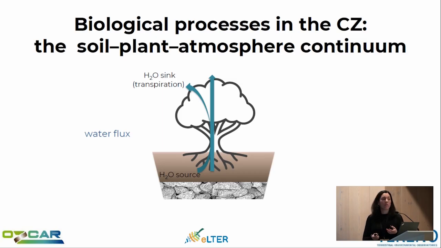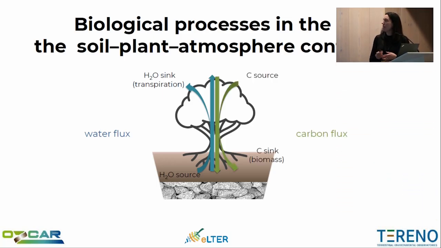And this is important for mainly 2 fluxes. One of them is the water flux. As you all know, trees are uptaking water through the roots and they release it via the stomata, which are little pores on the leaves, to the atmosphere, and then the carbon follows a reverse path. They uptake carbon through these stomata, and then they store it in the biomass, basically in wood, but also other